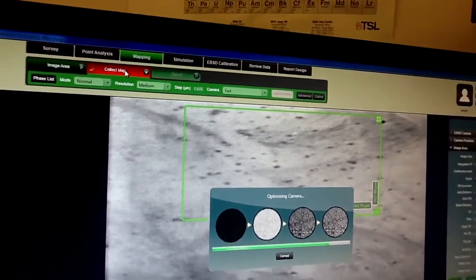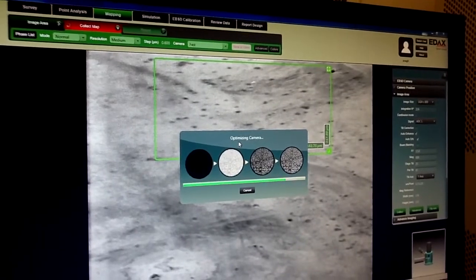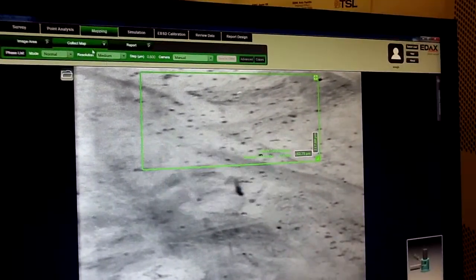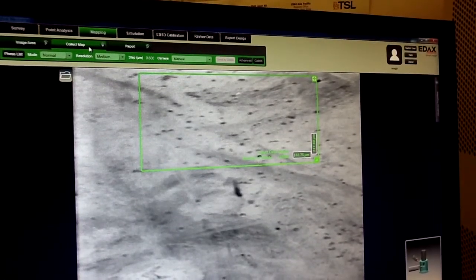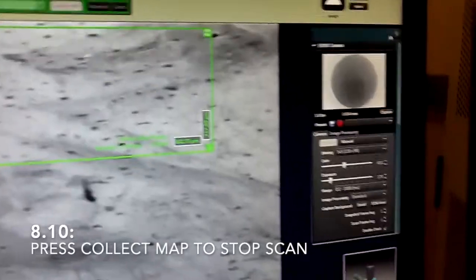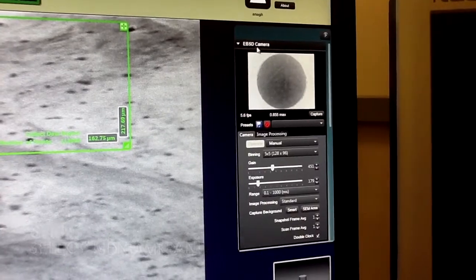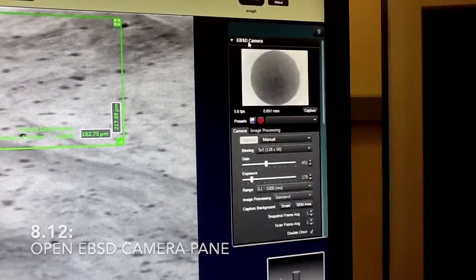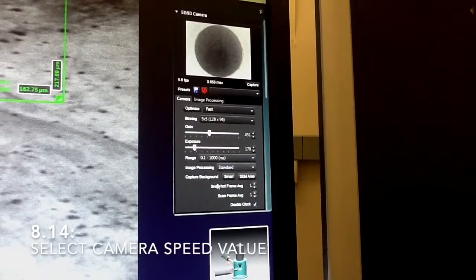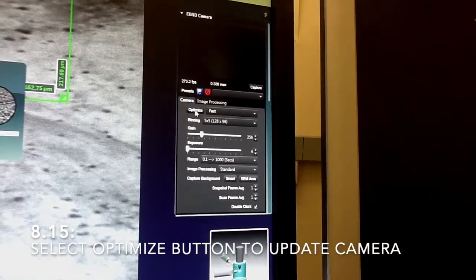Now it should start collecting a map of your sample, and the end result hopefully is a pattern that shows you the grain structure of the sample. Just in case you hit collect map and you do not get the Kikuchi patterns that you want, stop the scanning and go to this triangle again here, find the EBSD camera tab, go to this drop down right here, click on fast or standard, and then hit optimize.